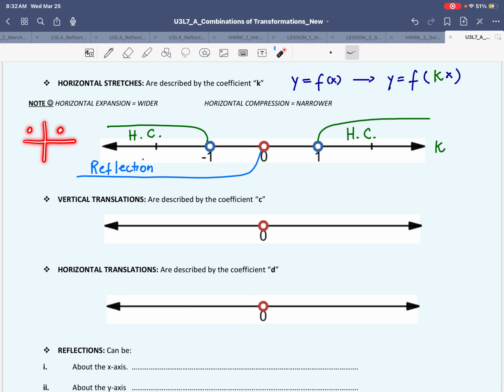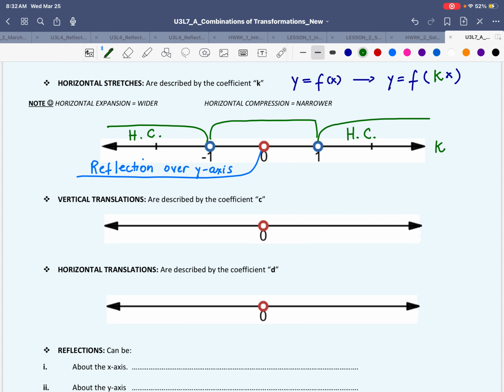So since the x values are changing, that will be a reflection over the y-axis. Remember, we said either reflection over the y-axis or reflection of x variables. Now, if the values of k are between -1 and 1, such as, for example, 0.5, 0.1, 1/10,